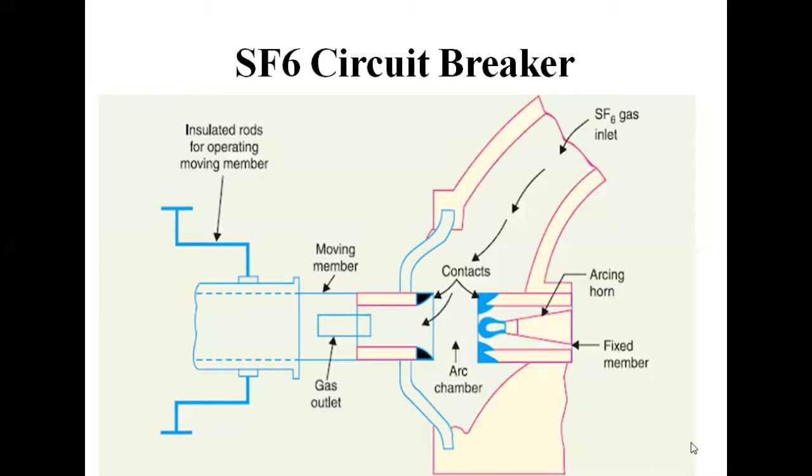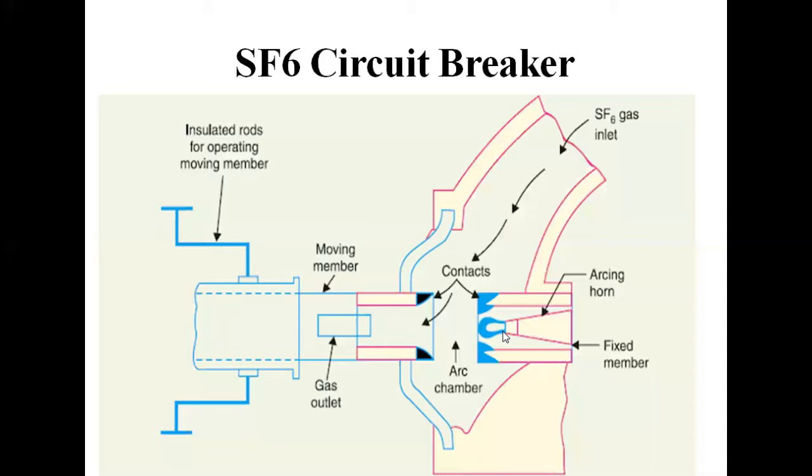Now, let us understand: the circuit breaker is always connected in series with our power lines. It has two contacts, a moving contact and a fixed contact. In a normal operating condition, these two contacts, you can see here, are always closed. In any circuit breaker, the moving contact and fixed contact, moving member and fixed member, are always in contact so that the circuit is continued.